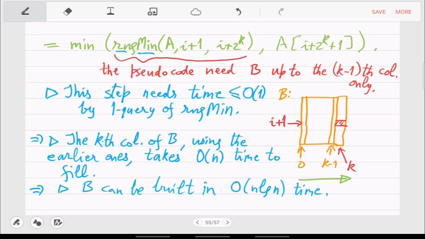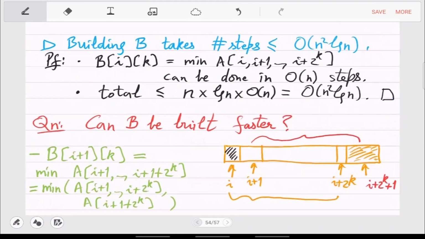Okay, so it fills column by column, but you start with I equal to 0. First you find that, and then you use this green recurrence that we have written. So from I equal to 0, you want to go to I equal to 1.